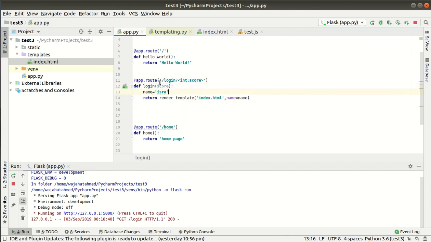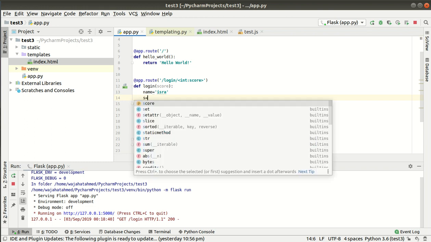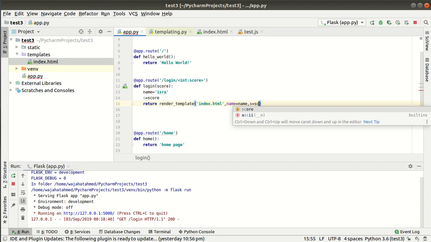So the URL, which is actually the route, would be taking an integer and storing that in the score variable, and we are passing that score in our function, and we can access it over here as score, and we can pass that in index.html as well. Score,